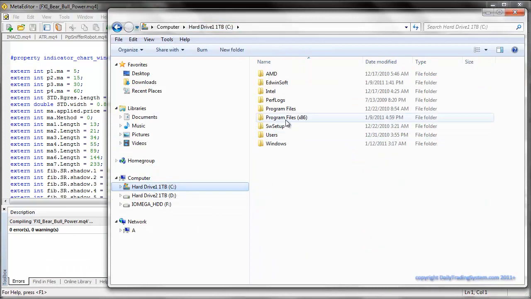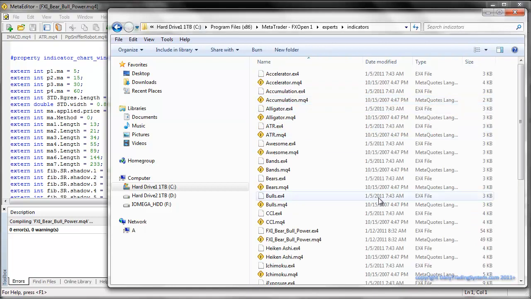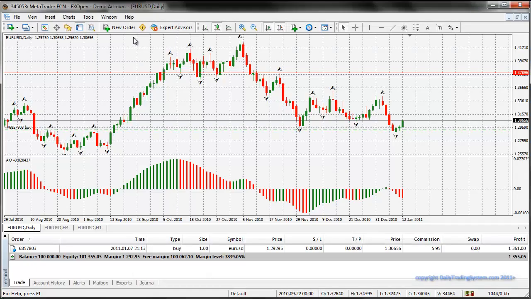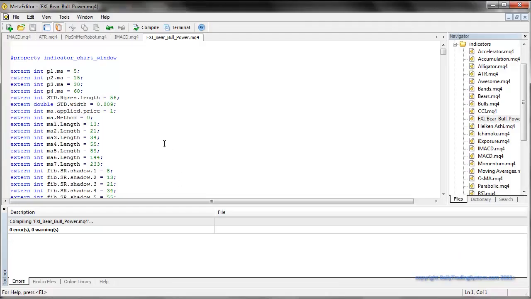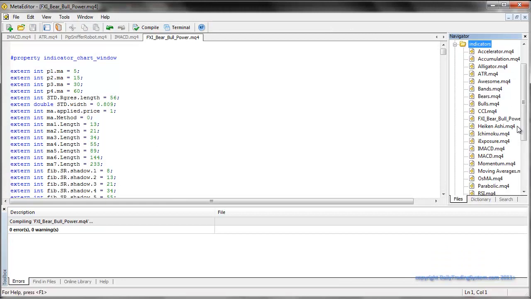Let's go back to, oh, wrong folder. Go into your MetaTrader trading station, then into the experts, then into the indicators, and then what you want to do is paste this indicator in there, and then come over to your trading station and click on this MetaEditor button, the orange yellow diamond shaped button. Click on it, and then this will pop up, and then over here on your right hand side you're going to choose the indicators, twirl it open,